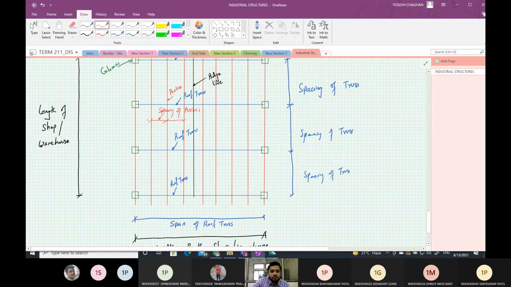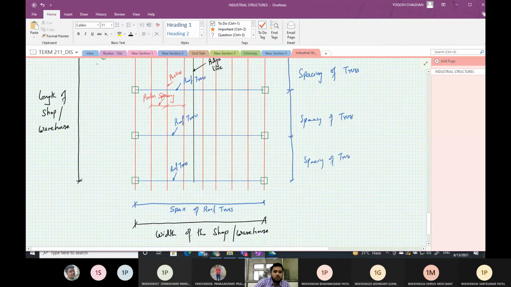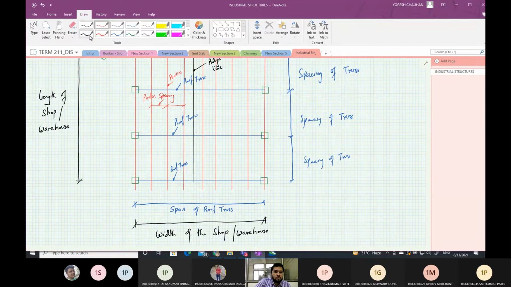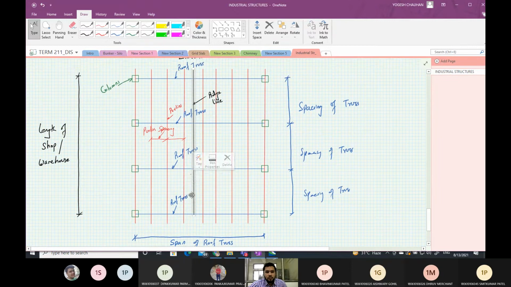You can write it as purlin spacing. And the ridge line is also the center line of the roof truss.